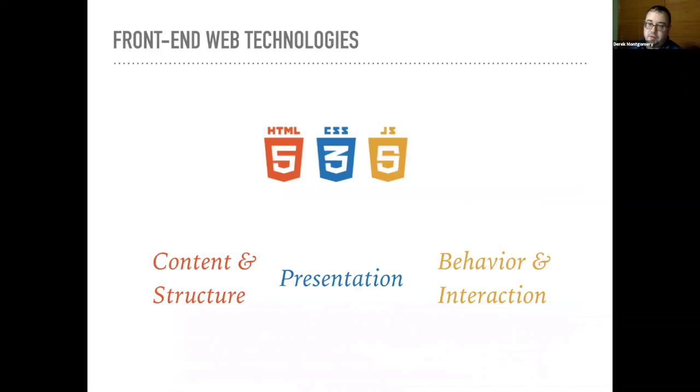If you've ever hovered over a menu, a navigation bar on a website, and something popped up after you hovered over it, that's JavaScript telling it to pop open. So any interaction and any behavior that you are seeing on a website, that is your JavaScript. Any questions?